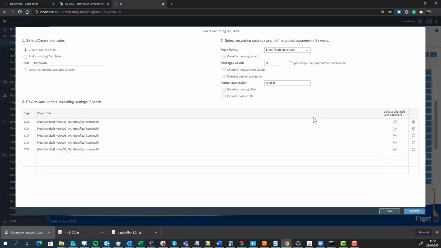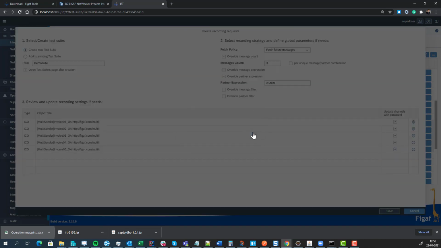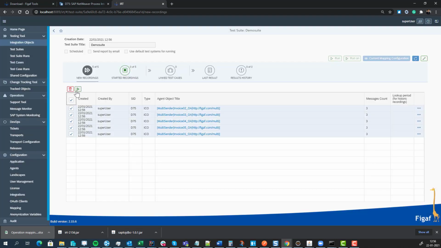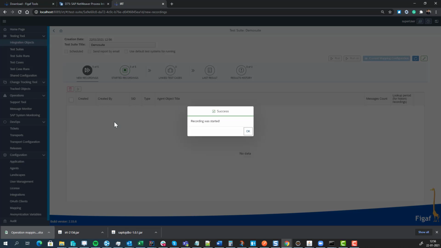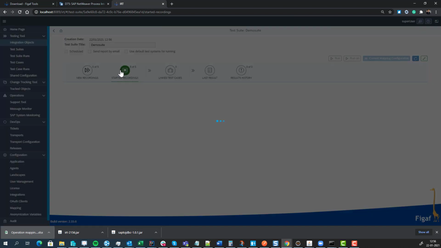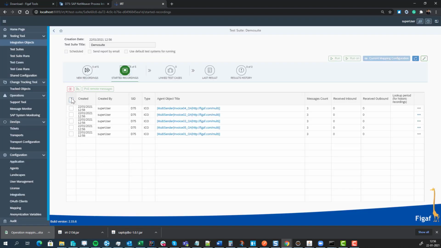So now we have created this. We will then start the processing. And when you do this, it will log onto the system. It will apply configuration, which means it will add this SAP standard logging modules for these commands or these channels. And then you will trigger some messages on it, and then you can start pulling these